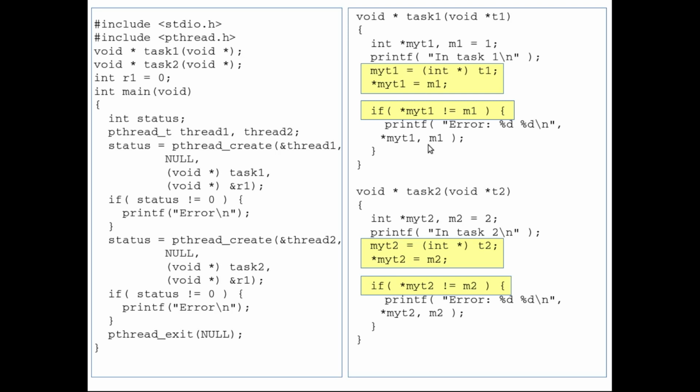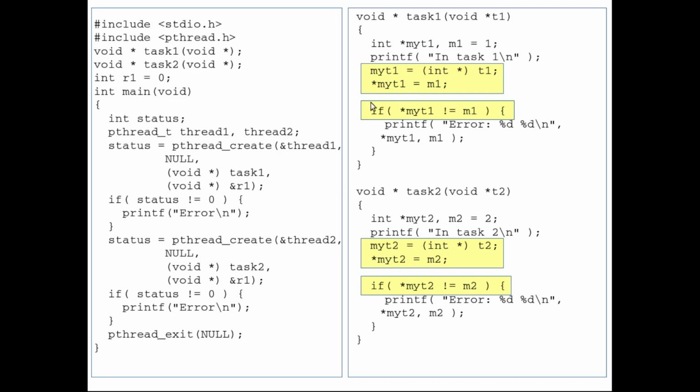Now this is a very small amount of time between the execution of the assignment statement and the execution of the if statement. There may hardly be less than a microsecond. So within that small amount of time, thread 2 should execute this instruction to change the value of the global variable r1.